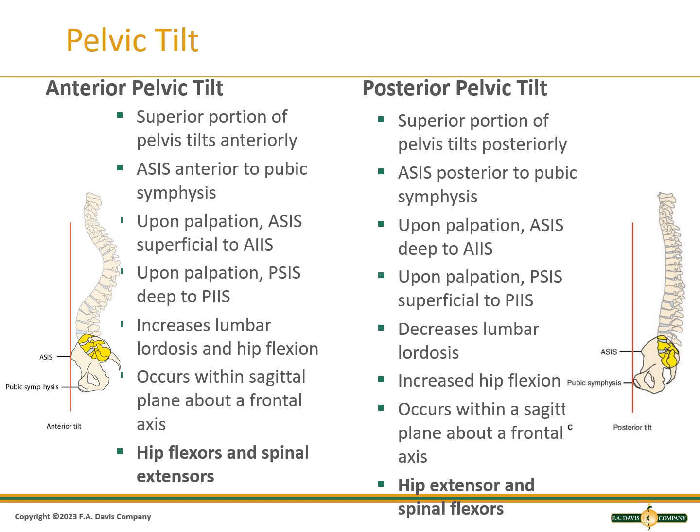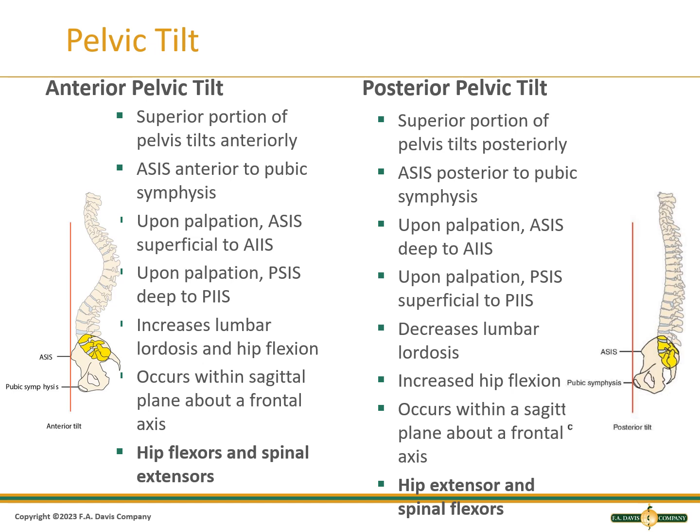With an anterior pelvic tilt, again, we have an increased lumbar lordosis and hip flexion, and this occurs within the sagittal plane about a frontal axis. So we want to look at our hip flexors and our spinal extensors contributing to an anterior pelvic tilt, either with a volitional contraction or we have a postural deformity into an anterior pelvic tilt if we have tightness in